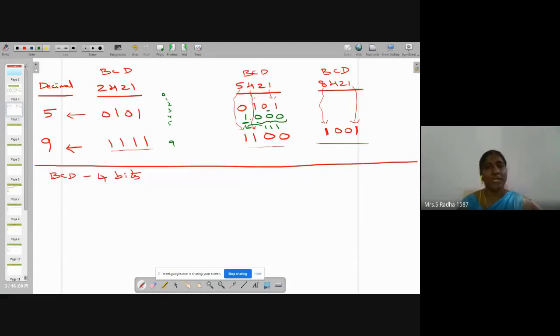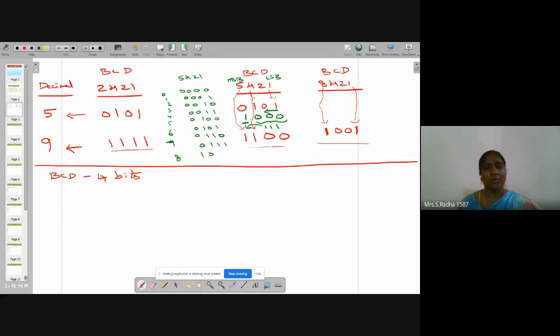So you have to fill the positions from LSB to MSB. This is the LSB position. This is the MSB position. You have to fill the values from LSB to MSB. Okay. If I write 5421, 0 is mentioned as all zeros. 1 means like this. 2 means 1 0. 3 is same. Okay. 4 it is same. 5 also same as normal BCD. 6 is also similar to normal BCD. 7 means 0111 is 7.